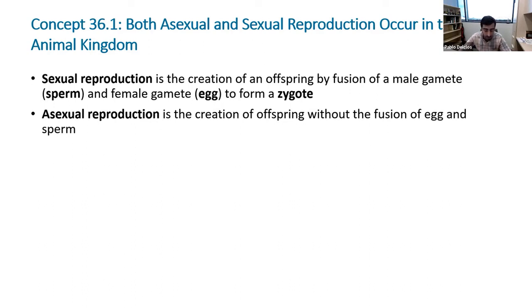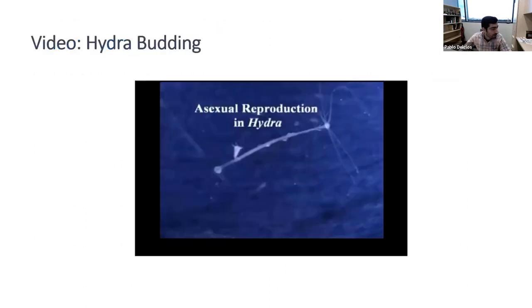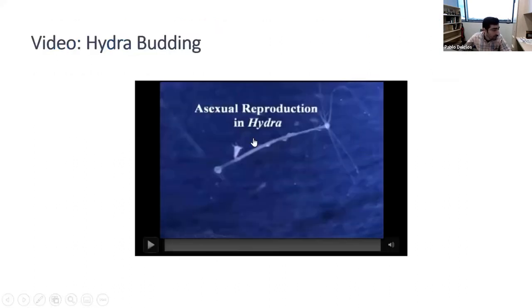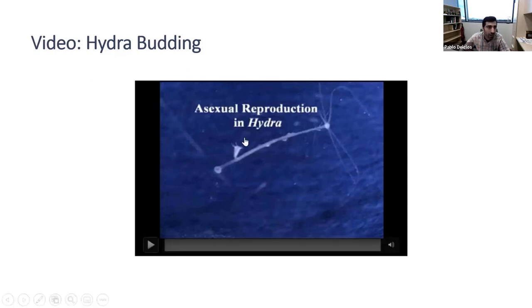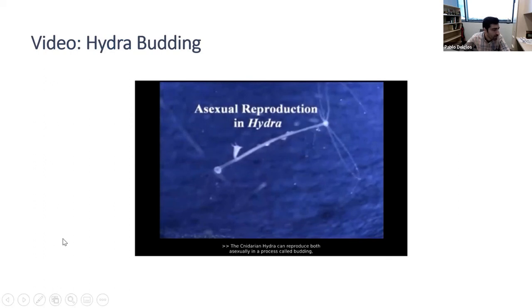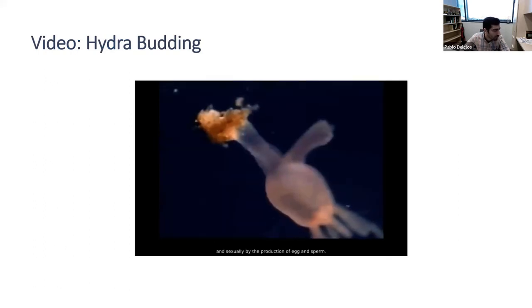But it can happen multiple different ways. And we'll see an example of one animal, the hydra, which is in the phylum Cnidaria, one phylum we learned about a couple modules ago now. And you'll see that the hydra can basically do it all. It can reproduce both asexually and sexually. The Cnidarian hydra can reproduce both asexually in a process called budding and sexually by the production of egg and